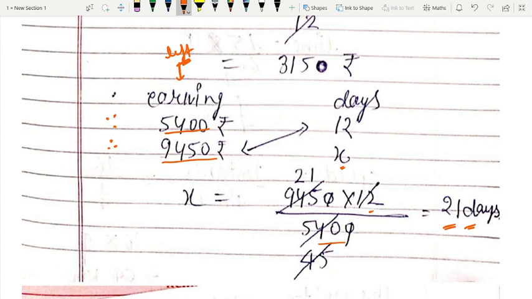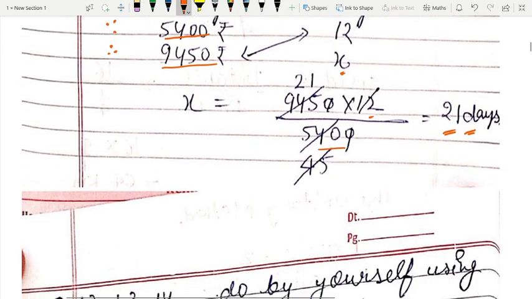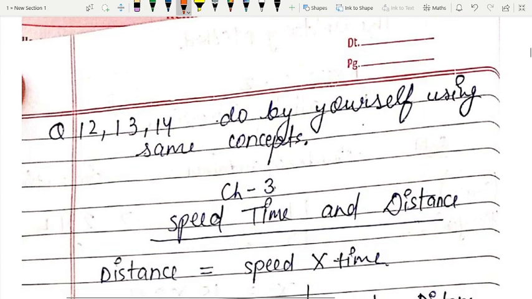Is it clear to all? Just note it down in your copy, and if you are getting the question solution, then just hit the like